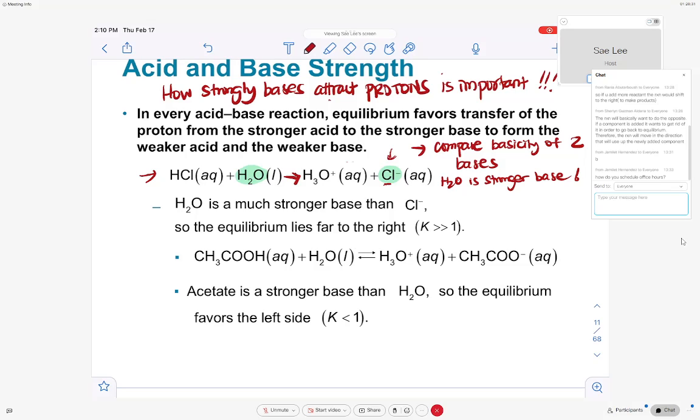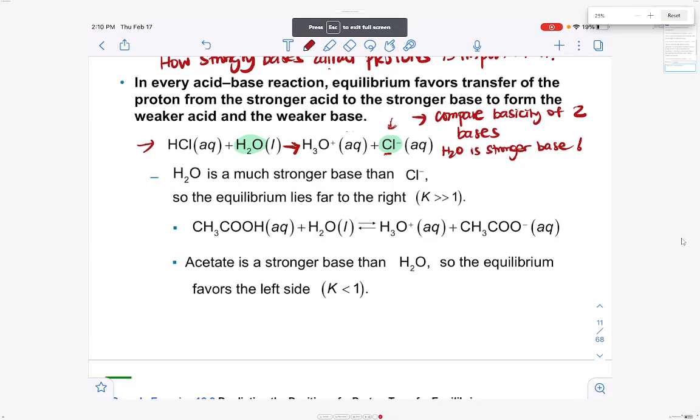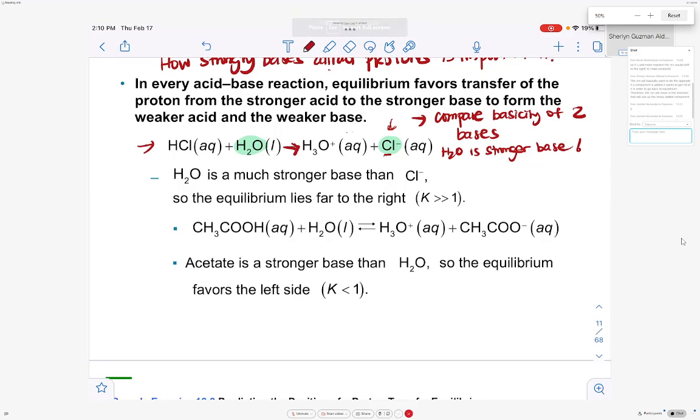Okay, so the relative strength of base is very important in determining whether the reaction is going to lie to the right or left, or it's going to be both directions. Professor, just an example. If water were a weak base, would the direction of the equation be towards the left? Of course. Okay. Yeah. Thank you.